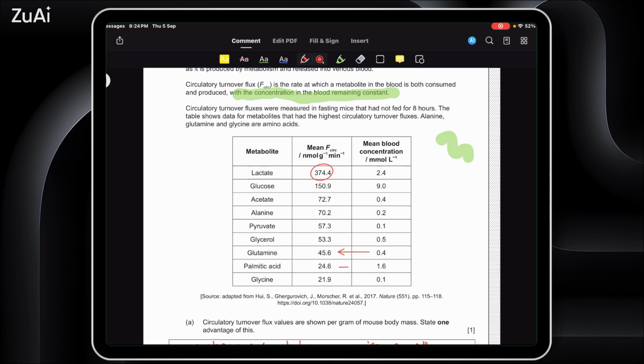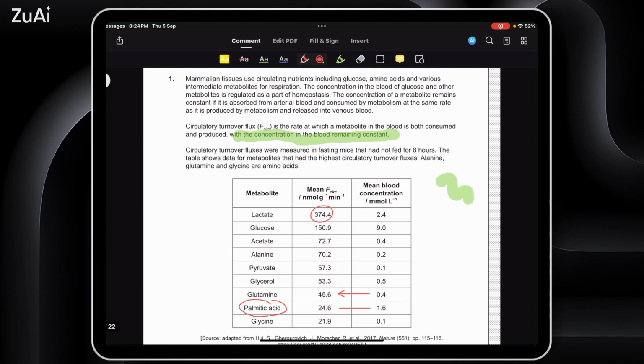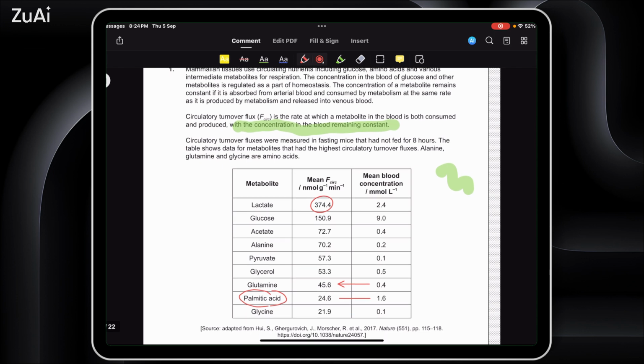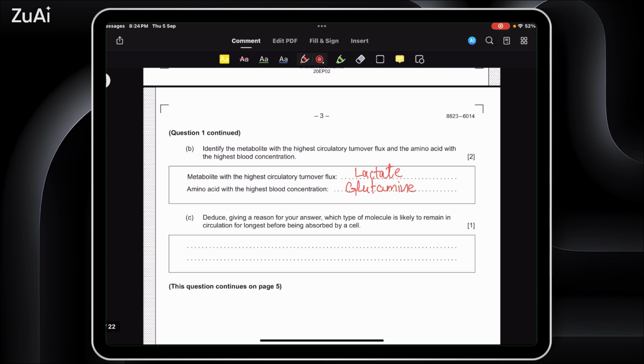As compared to mean blood circulation, palmitic acid has the lowest circulatory turnover flux. So the answer is palmitic acid,